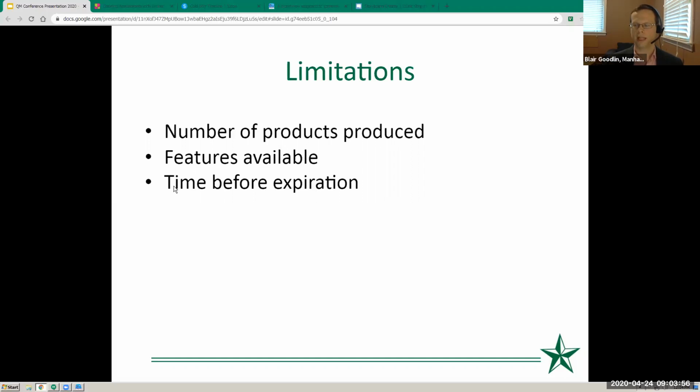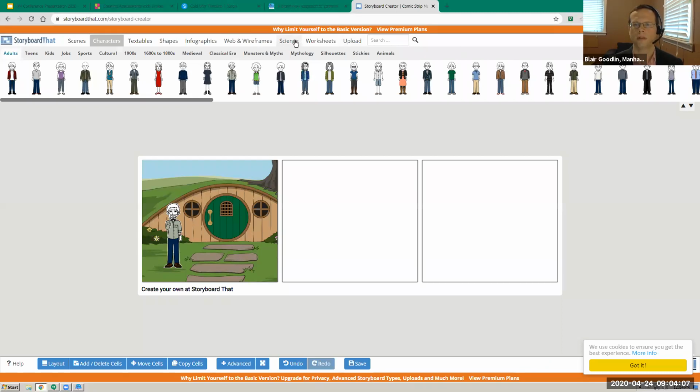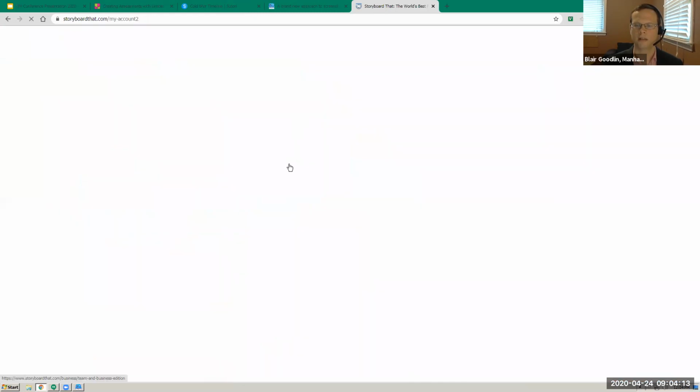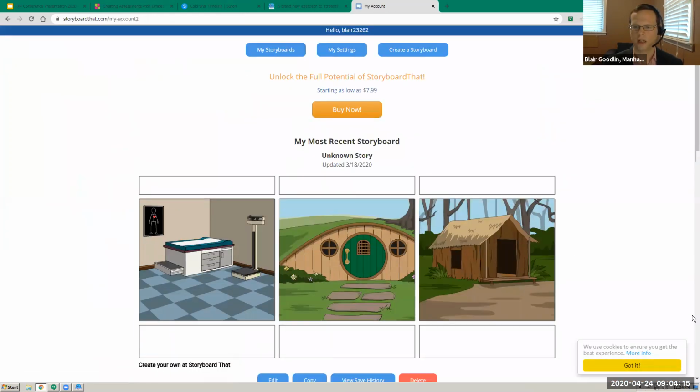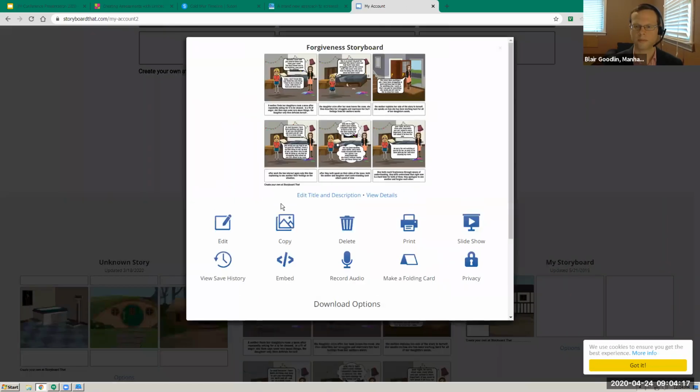Then I can ask them, okay, now add descriptions. So in the example that I gave, where we're telling the story about forgiveness,